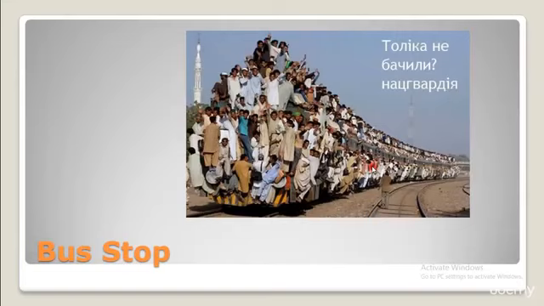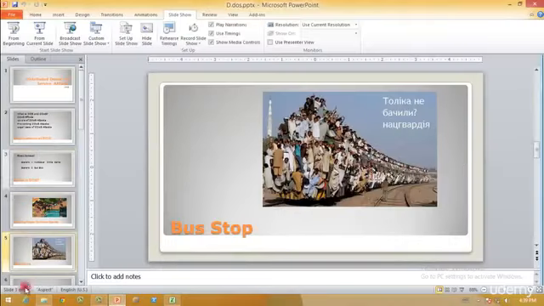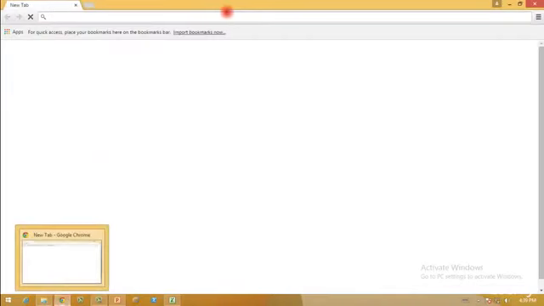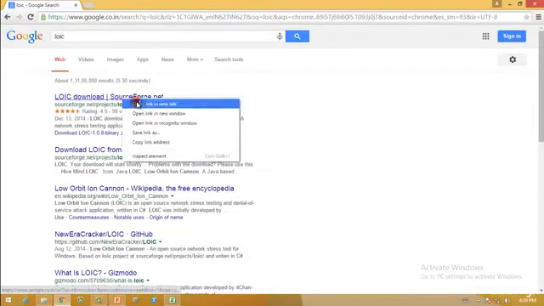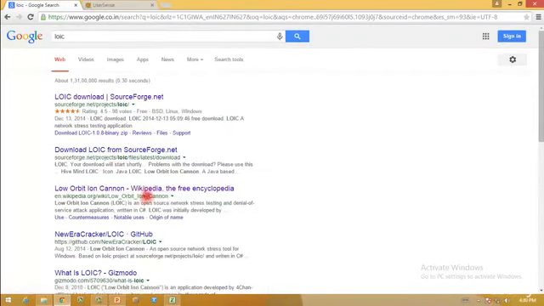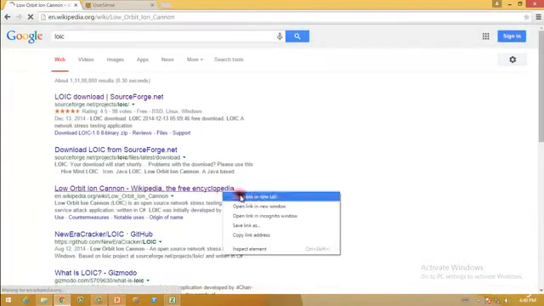And just before I close this basic tutorial part, I'd like to show you the most famous tool which we use for attacking and hacking, and that is called LOIC. I'll just open the Wikipedia page.